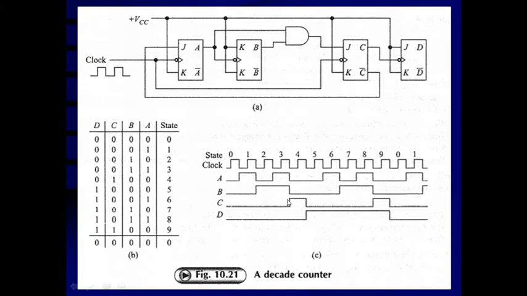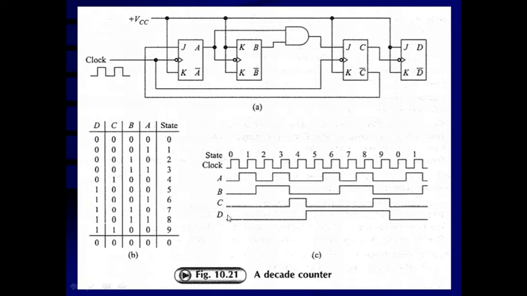The output of C is working as a clock input for flip-flop D. And hence we can see that when the negative edge of flip-flop C is there, flip-flop D is going to toggle. So it is changing from 0 to 1. Again here the negative edge is there, so flip-flop D is going to toggle from 1 to 0. So from here we can prepare a truth table like this one.